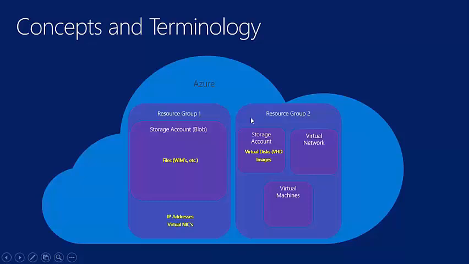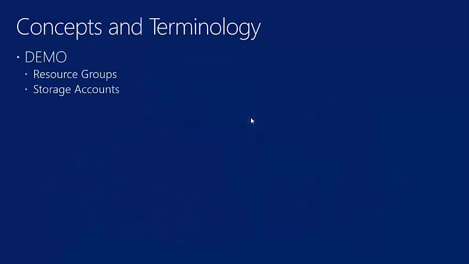What you'll see in my lab shortly is that I have a couple of different resource groups that I'm using for imaging. They are able to see each other and communicate with each other, right, without a problem. It's just that resource groups are unique groupings that might make sense for a given scenario, right? All right. So this concepts and terminology stuff, let me show you real quick an example of just a couple